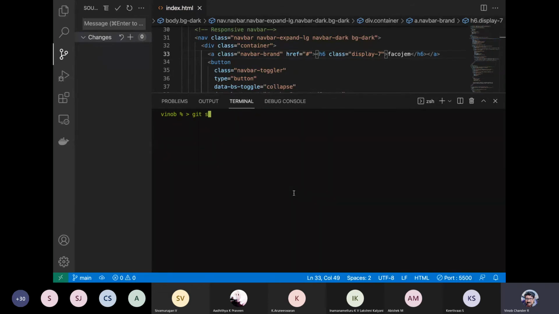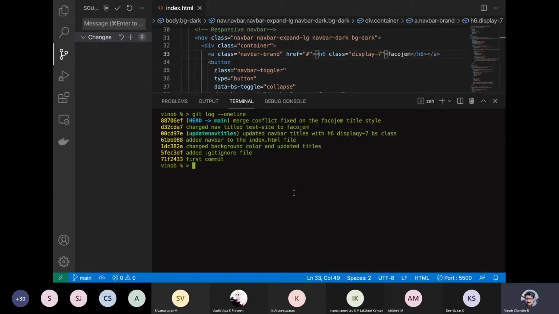Okay, now if you see a git status, the working tree is clean, and then you can do a git log --oneline, and you can see this. Merge conflict fixed on Phacogem style title. We have changed the nav title to test site to Phacogem, and we have this particular branch as well.